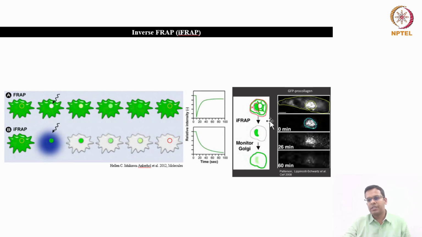For some kinds of application, let's say here the inverse FRAP has been done in this kind of structure, where some area is very bright and the other area has weak fluorescence. You can do inverse FRAP: you bleach everything except this bright spot in the center, and then you see how the fluorescent proteins from this bright spot are diffusing into this area. You can see in 60 minutes this bright spot becomes faint, and the fluorescent molecules which were present in this area migrated to the other areas. So in some such applications, the inverse FRAP may be useful.